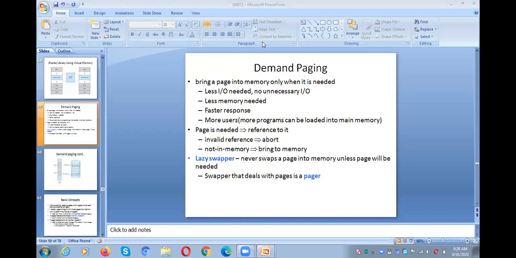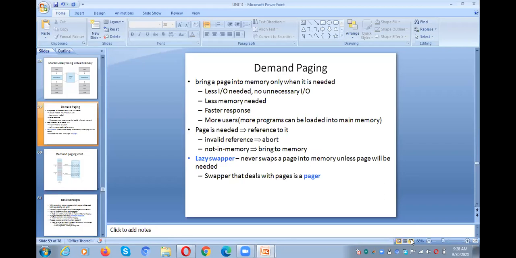So the process is divided into pages. For example, if a process is divided into 4 pages, from the point of view of the user, I need to keep all 4 pages in the main memory for execution. But what exactly happens is we need not keep our entire program or process in the main memory. Only the part of a process which is required at that particular moment will be kept in the main memory, and the remaining part of the process will reside in the secondary memory until we use that particular part.